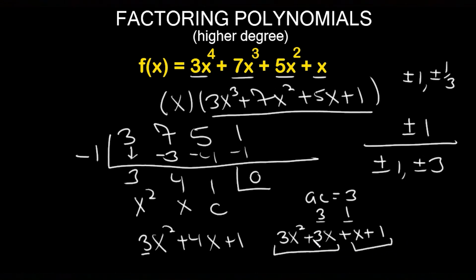So what can I pull out between the first 2 terms? Well, I can pull out a 3 and also an x. So I'm going to go ahead and write this up here. That way we have room. I can pull out a 3. I can also pull out an x. That leaves me with x plus 1,